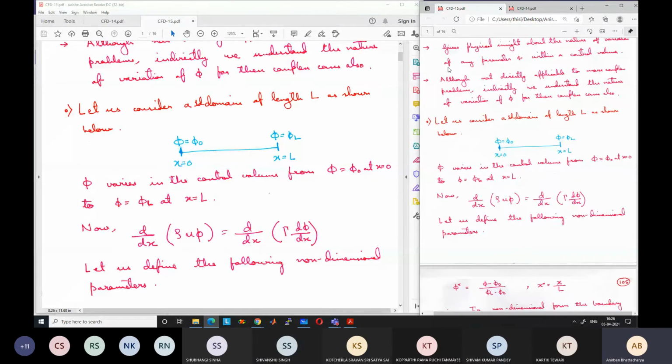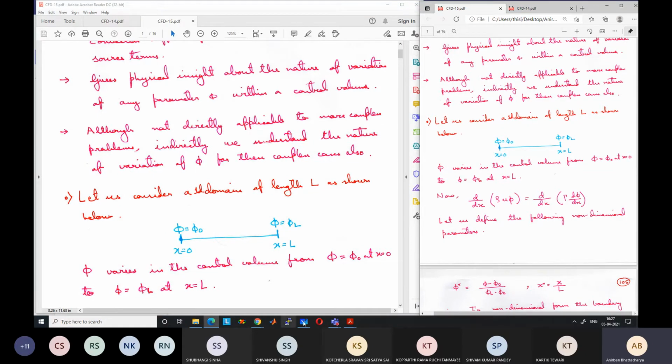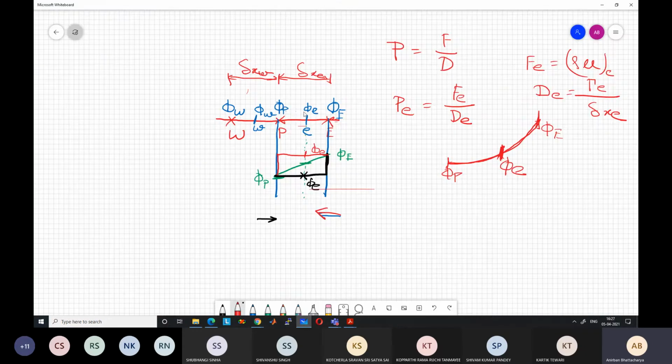Okay. So I will keep this diagram and equation open on this side. What we are going to do is, as we have just discussed, find the variation between two adjacent grid points, say phi P and phi E, or phi W and phi P. What is the variation? So we'll take this as a simple problem, as if the domain goes from the P point to the E point.